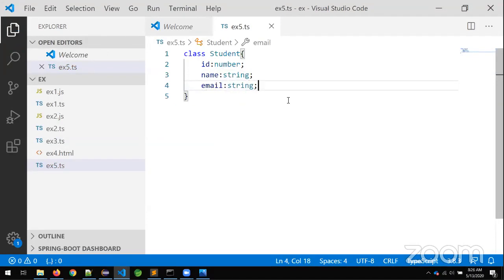No, sir, we should not use that. So internally, what does your JavaScript create, sir? This is a very big container, Student. In this container, what are the small containers we have? ID, name, email, so that it can store for each and every student. For each student it will create three memory locations in one place. What are they, sir? ID, name, email. That is why in the class we should not use let.